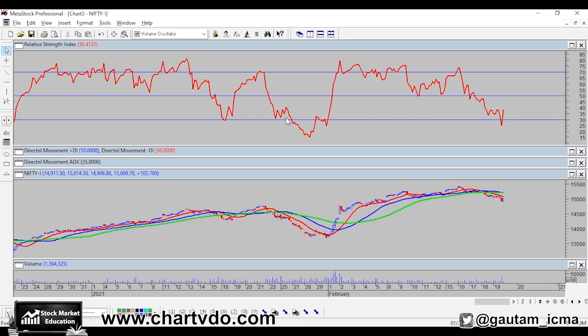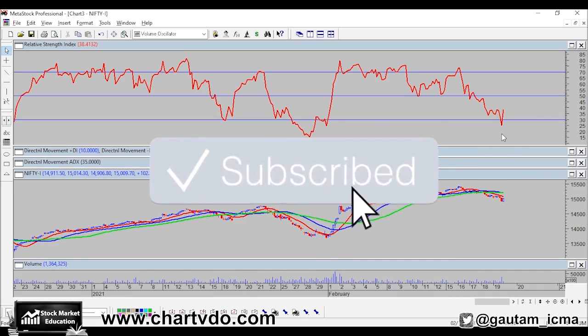The previous time it had reached the oversold area, it had gone way below the oversold area, and only then it had moved up after showing positive divergence. Here it has just moved into the oversold area. Let's see what comes up. Perhaps a short-term move may come up, but all the same, any positive divergence is missing here, and the ADX is also suggesting a downside move. Perhaps that is to continue.